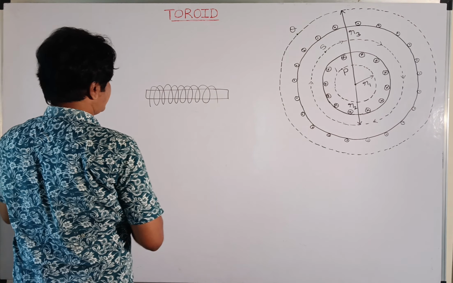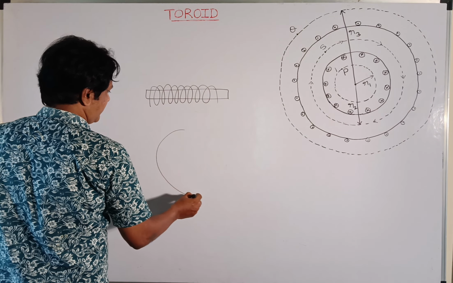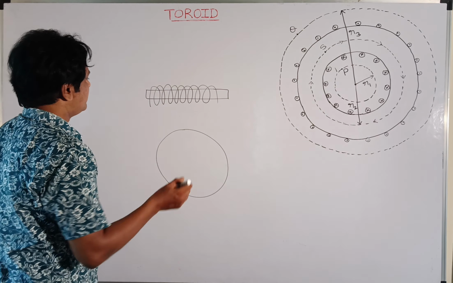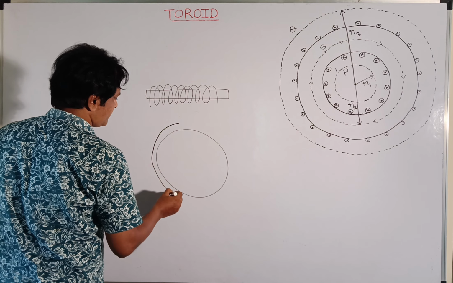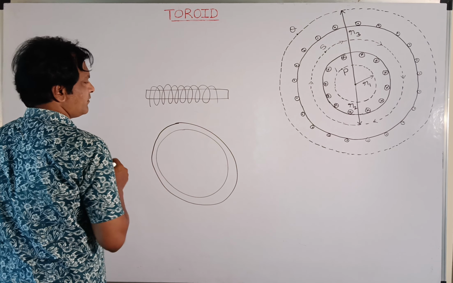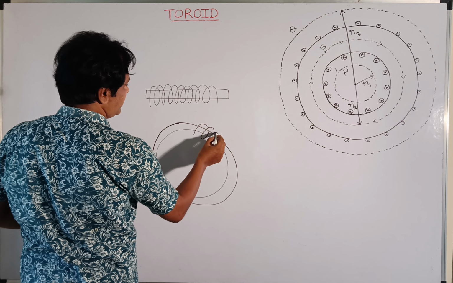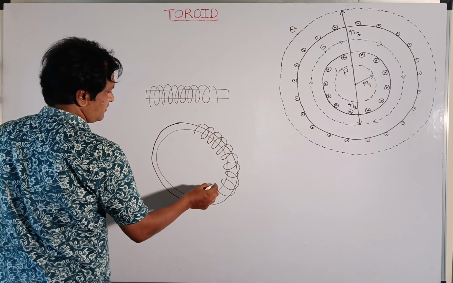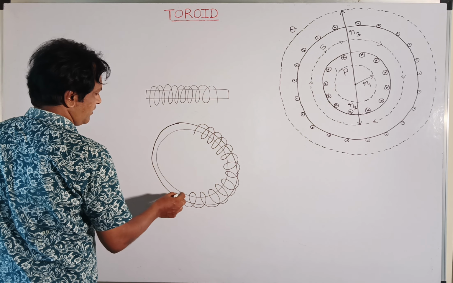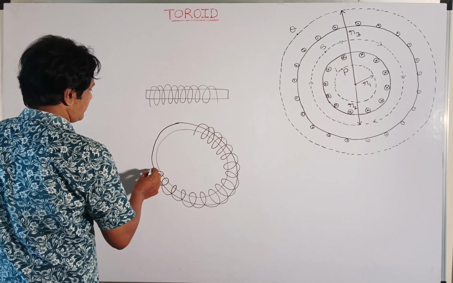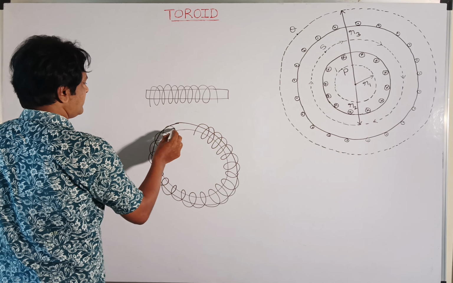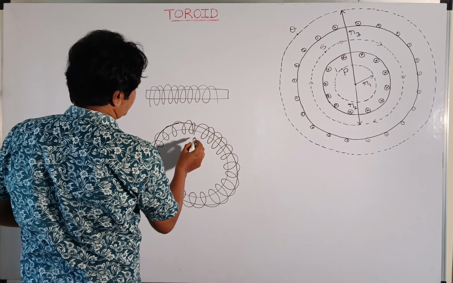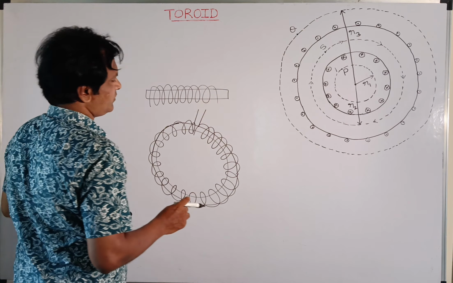When it is bent like this, that means when you are taking the number of turns on a circular shaped metal rod, the turns will be like this. Okay, and this will continue around all the metal rod. So actually we have bent the solenoid into a shape like this, and these turns are actually connected to a